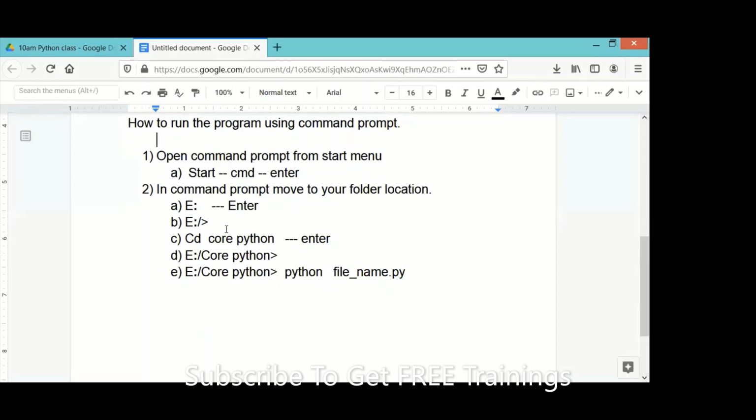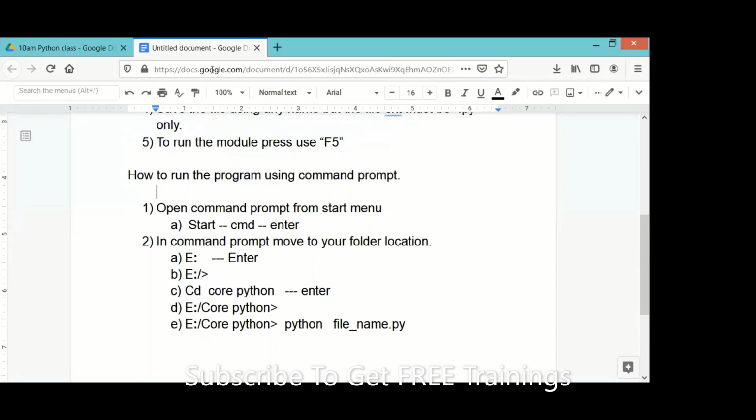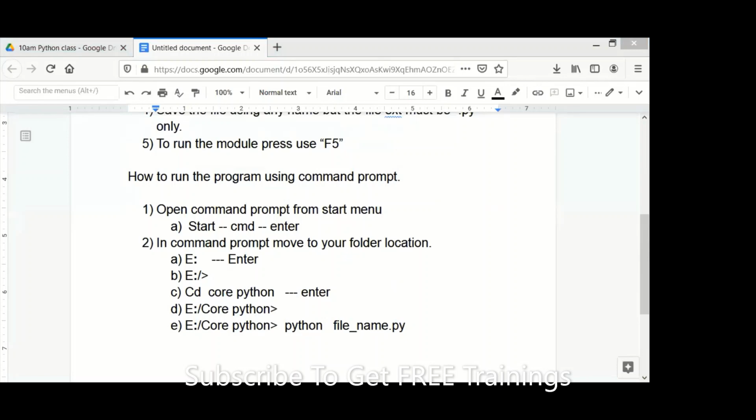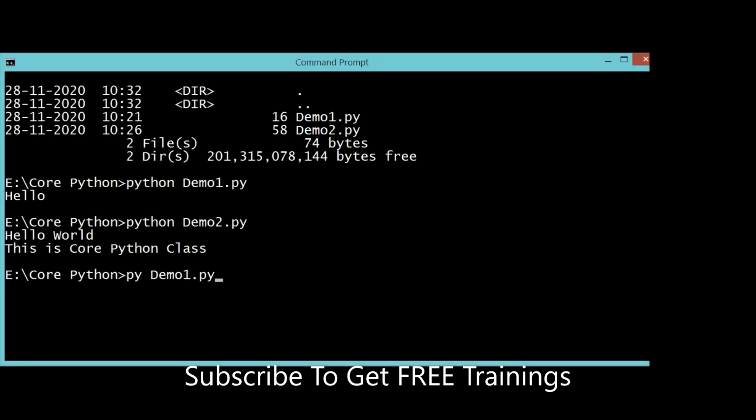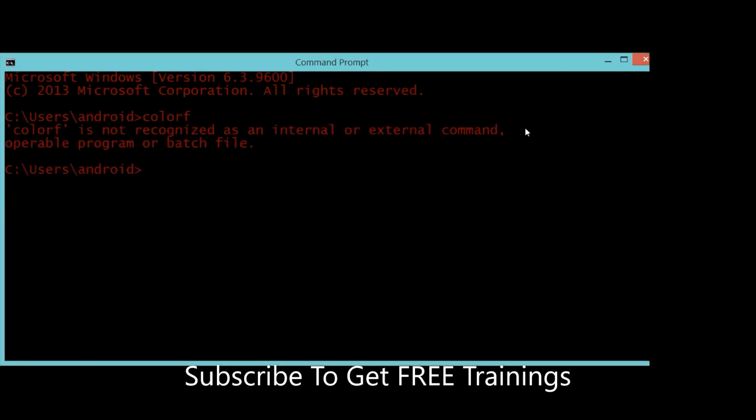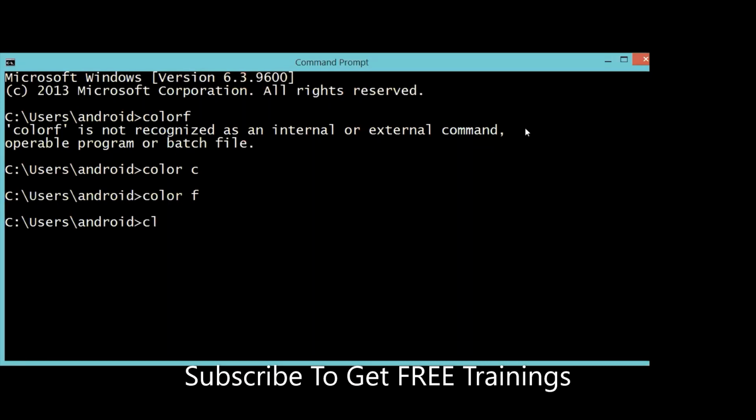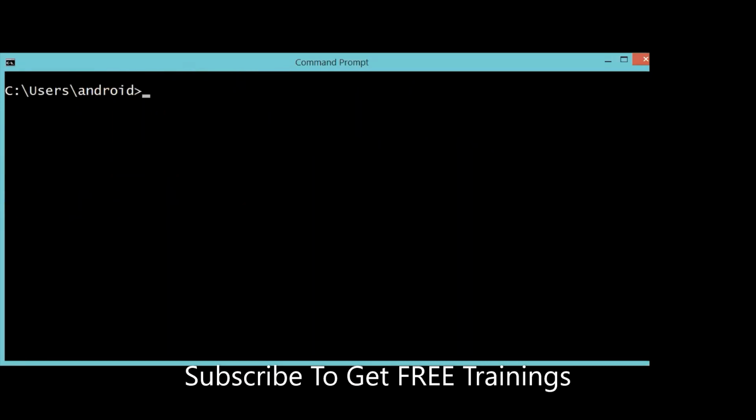Okay. So if you want to see the command prompt output one more time, observe, this is my command prompt. I will show you from the beginning. Let me open the command prompt. Right, let me share this with you. You'll see the command prompt like this, guys, first in your system. In your system, you will find your specific path here. Don't expect the users and Android. You will find your specific one.